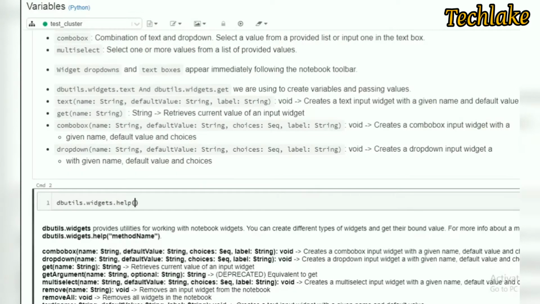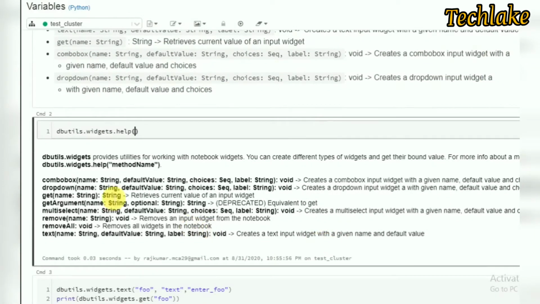Here you can see it is showing all the syntax: combobox, dropdown, get is for reading, getArgument, which is the old one, and multiselect. Then remove, whatever widgets you created, if you want to remove a specific widget, or removeAll to remove all, and text, which is a text type. So all of these are available, and this is the syntax.